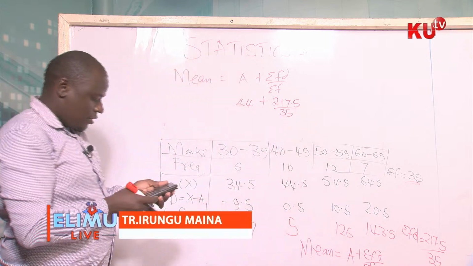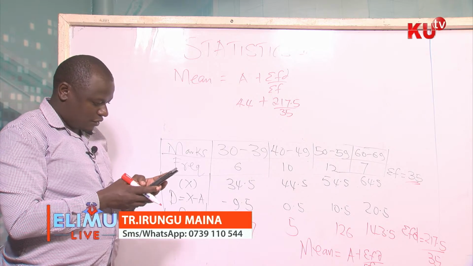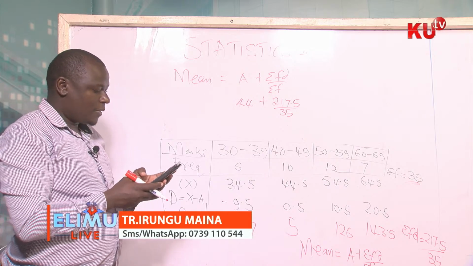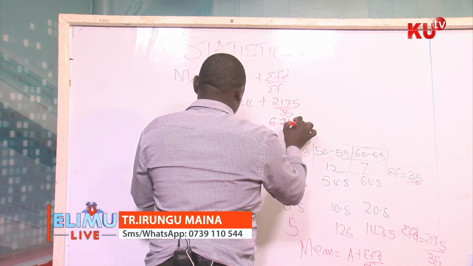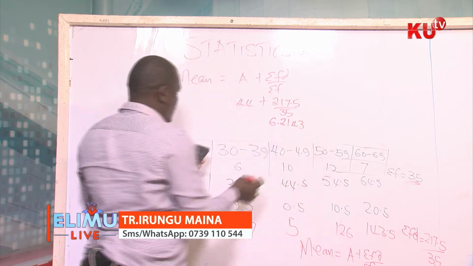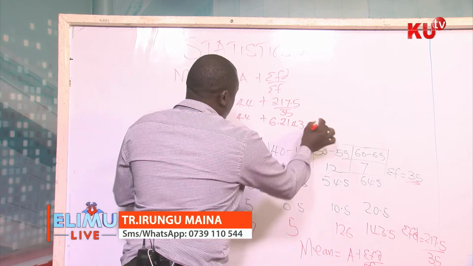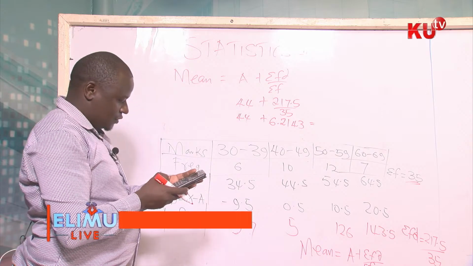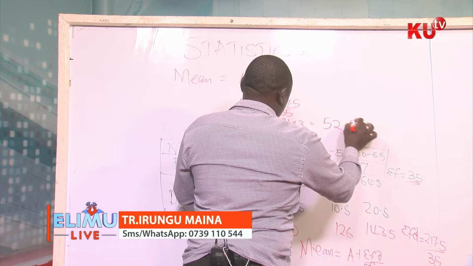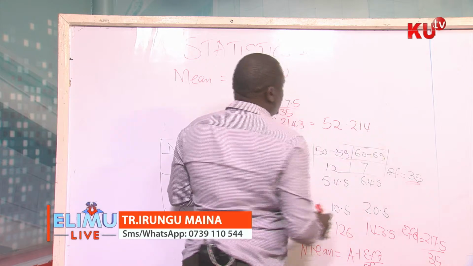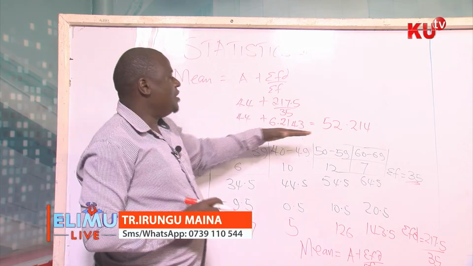What do we end up with? This section gives us 217.5 divided by 35. That is 6.2143 plus 44. This gives you what? Plus 44. That gives you a mean of 52.214. So basically, this class in this particular cut had a mean score of